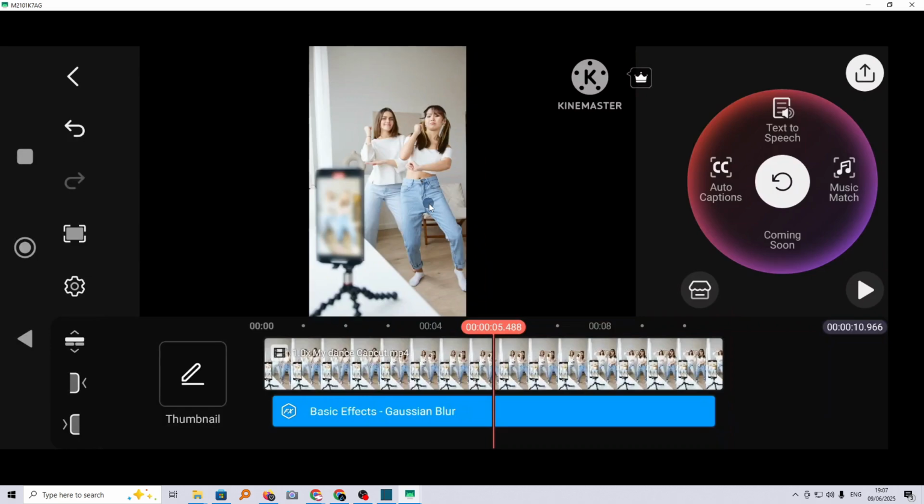In this tutorial, I'm going to show you how you can download your video once you have completed editing from the KineMaster